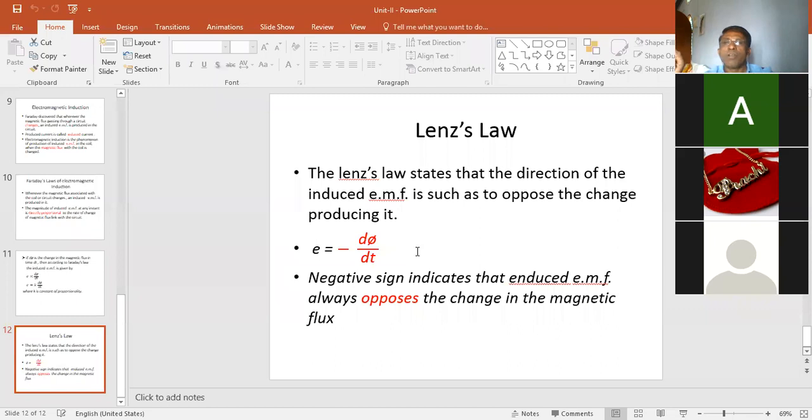Whenever the current is flowing through any coil, it will produce the magnetic field around the coil. So whenever the current is flowing through the first coil, any coil, it produces the magnetic field around it, and due to the creation of the magnetic field, the magnetic flux in the coil changes,